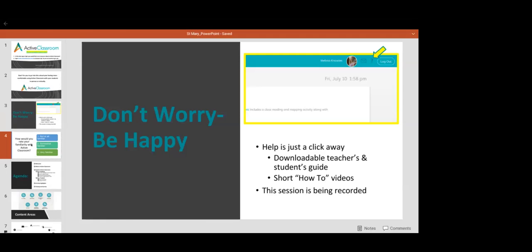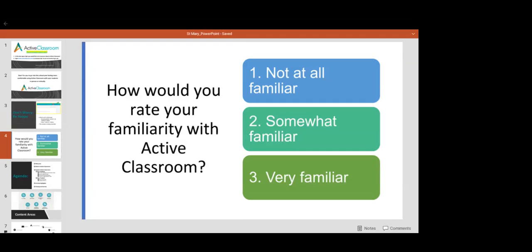So here we go. I am curious how you guys feel about Active Classroom. So if you will put in the chat a number 1, 2, or 3, rating your familiarity with Active Classroom. Number 1, if you have not used it at all and you may be one of those new teachers to the 4th grade team. Number 2, if you've used it a little bit, but you really don't know a whole lot about it. And number 3, if you're very familiar, you used it a lot last year, we may call on you for some ideas. I know you have had this as a supplement in your social studies school curriculum,